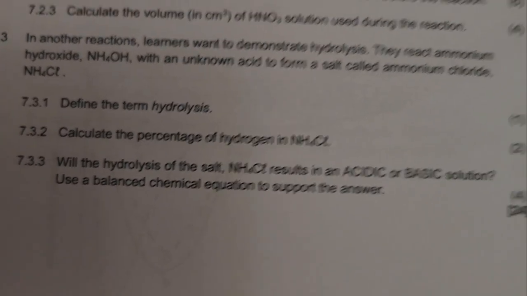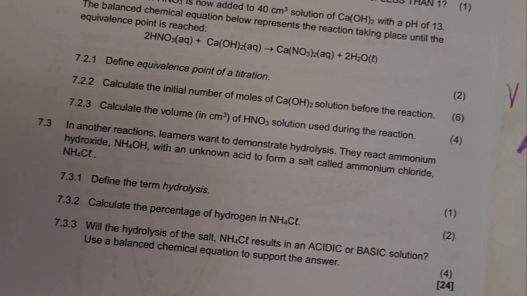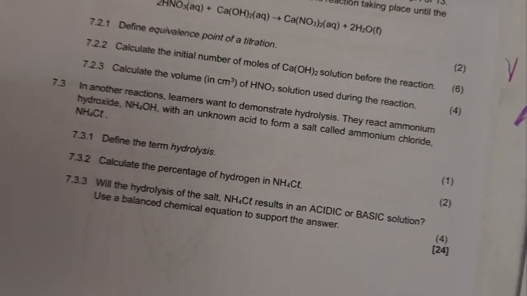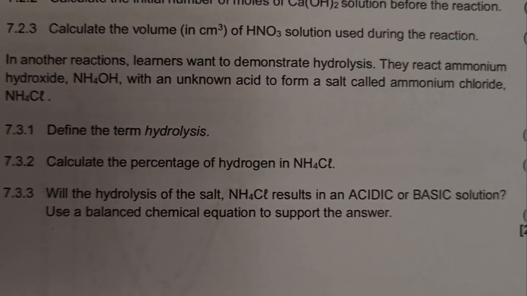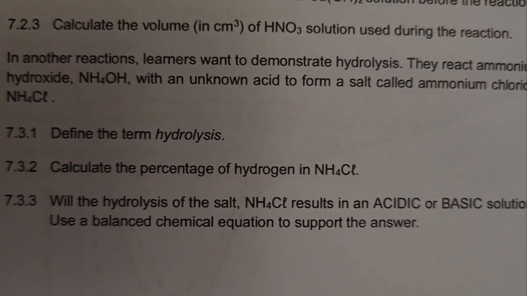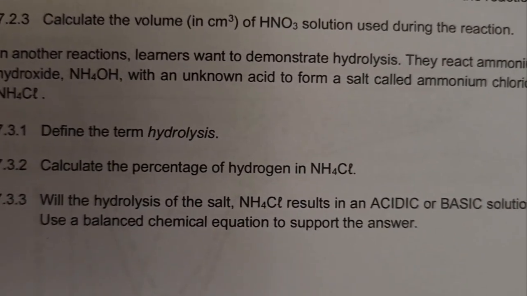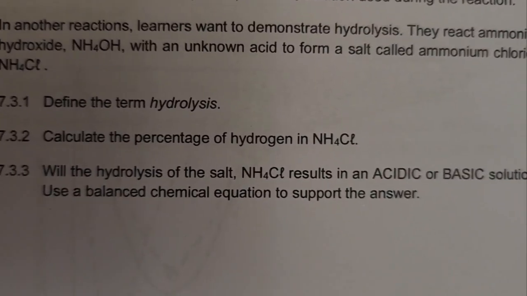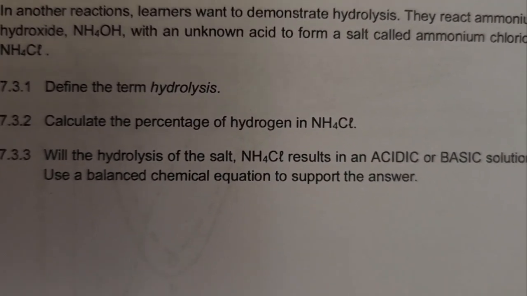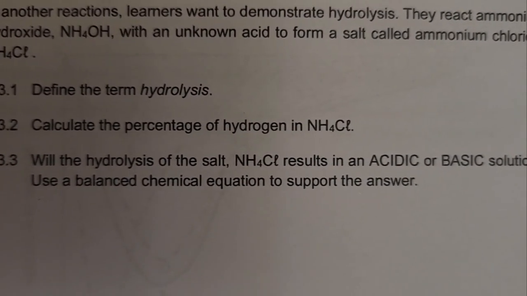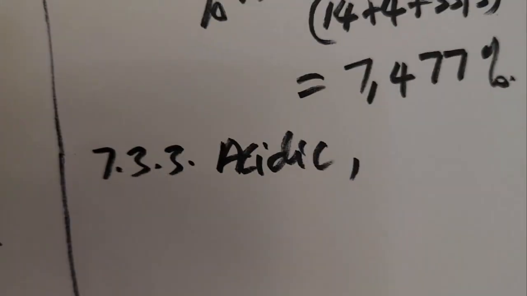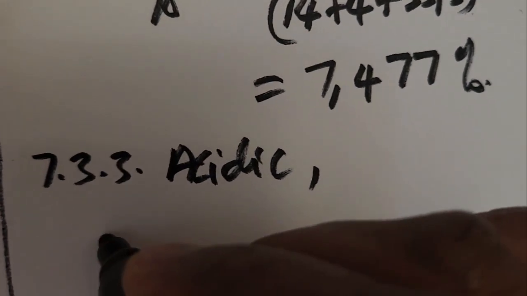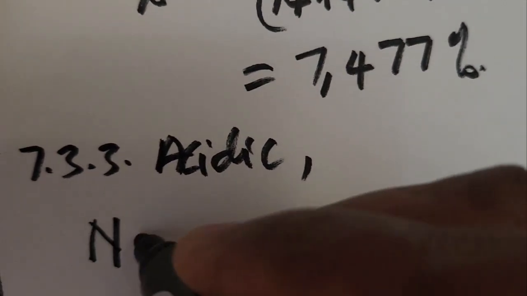But here they need an equation. Therefore we look at the salt itself, ammonium chloride. Now in the ammonium chloride, remember only the ions of weak acid or weak bases undergo hydrolysis. Therefore, in this case, it means that now ammonium ion is the one that will undergo hydrolysis, not chloride ion. Then in that case, you'll just say fine. Therefore, ammonium ion undergo hydrolysis. Then the reaction will be ammonium ion